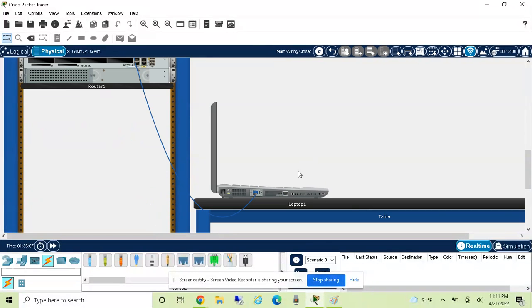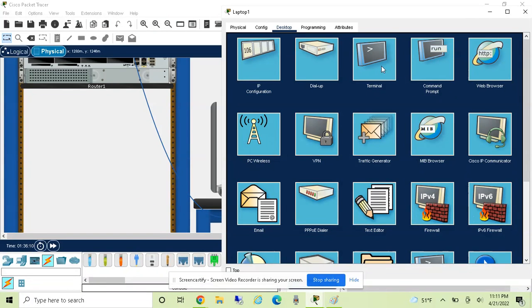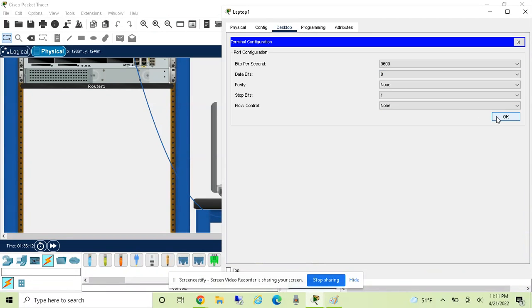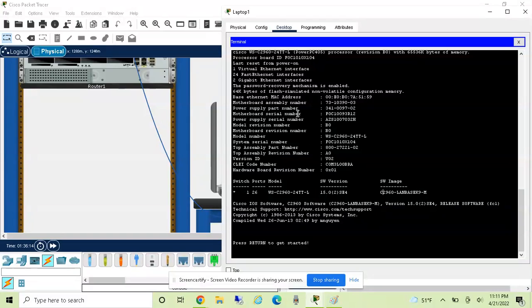So I can go back to my laptop, go to terminal, click OK, and here I am. I'm in the menu of the laptop. This is no longer the